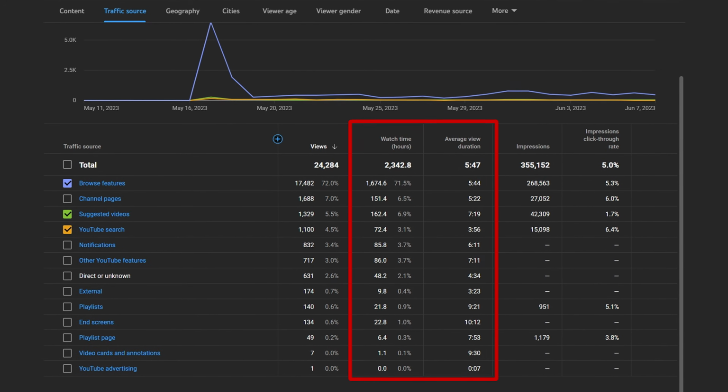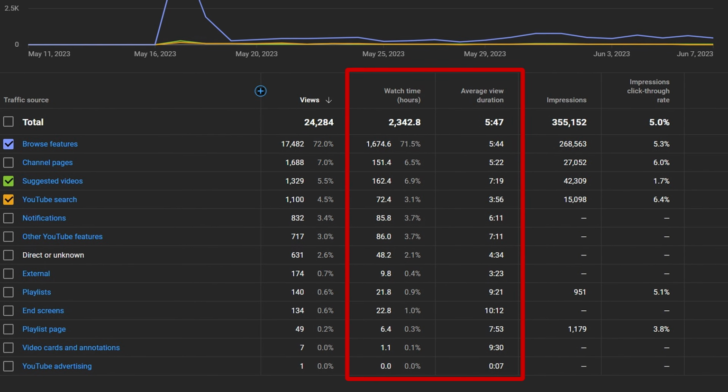Because of that, it's important to make sure that when you are looking at your click-through rate, you're not just looking at the click-through rate number itself, but you're also looking at the watch time that's being generated from your video. So when you are looking at the effectiveness of your thumbnail, of course, you want to look at the number for the click-through rate compared to the impressions that it's getting, because the impressions part is really important, but you also want to see how those impressions led to watch time. So for example, if somebody's interacting with your content and they're leaving quickly, just like that message that I just showed you, then YouTube's going to deem it as a non-satisfactory experience.